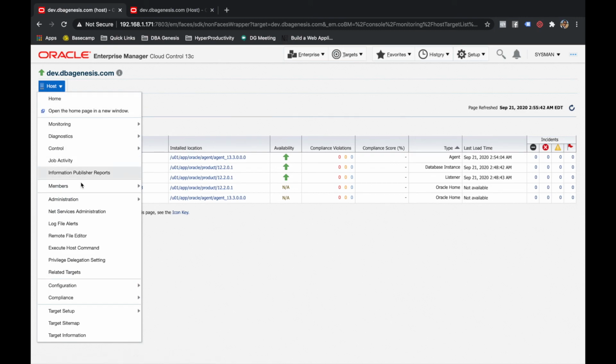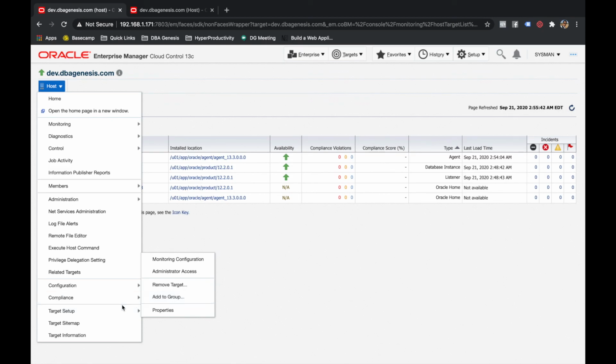And the last option is this one, guys, target setup. I think target setup is self-explanatory. Do you want to remove this target, and do you want to add it to a group? What are the properties of this target? We will be looking at these options later on. I mean, we won't be removing a target. I want you to practice it in your practice lab.